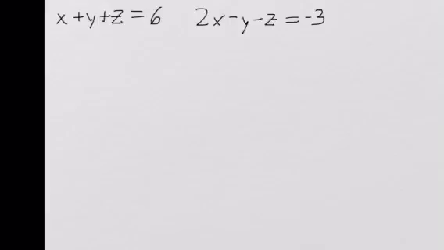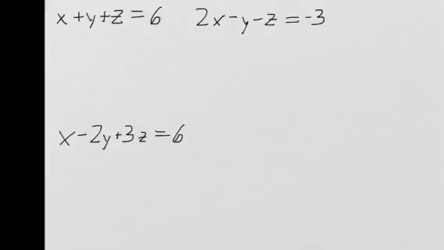And finally, x minus 2y plus 3z is equal to 6. So the idea we want to do with the substitution method is we want to pick